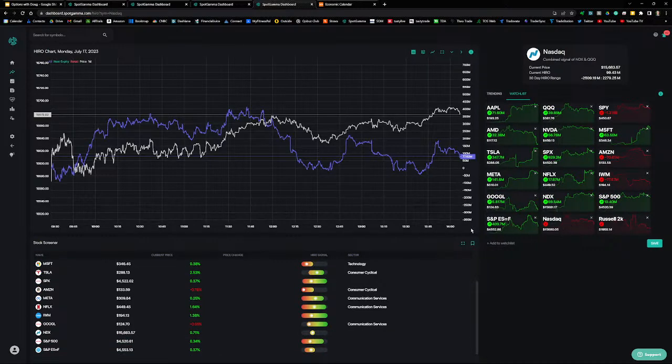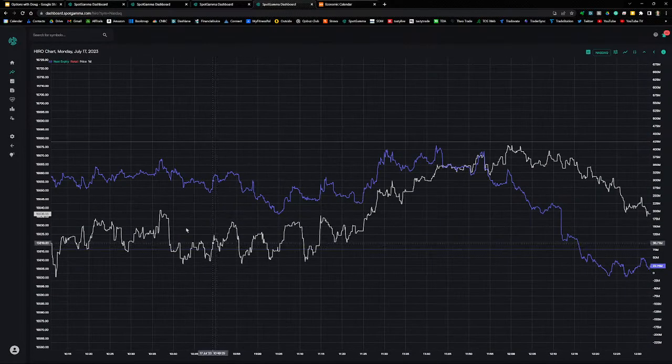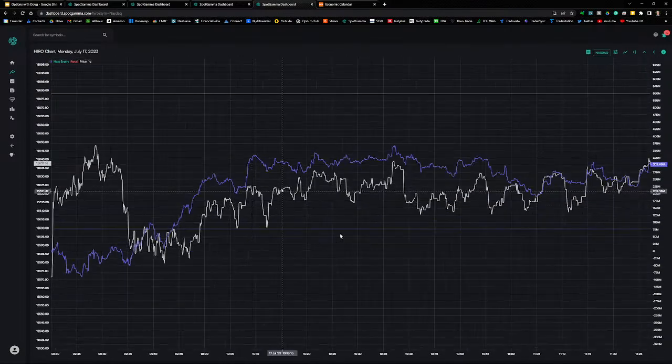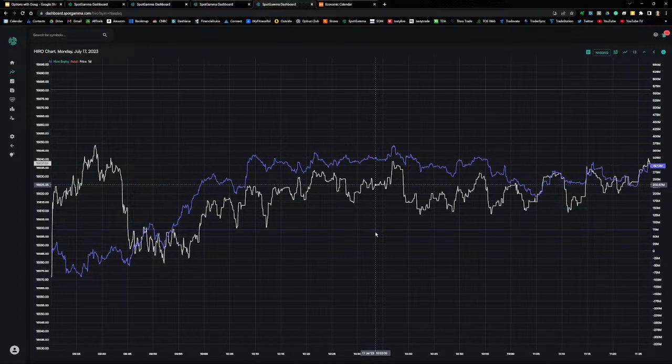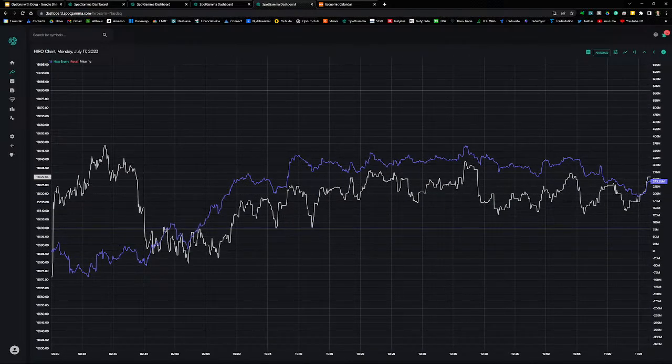So just like the S&P 500, this is a combined signal for NDX and QQQ. And this is what you want to look at for Nasdaq. I'm going to zoom in. So we know there was a potential QQQ support level right around 379.50. And this was a nice divergent setup here. And this is something that I really like to look for.